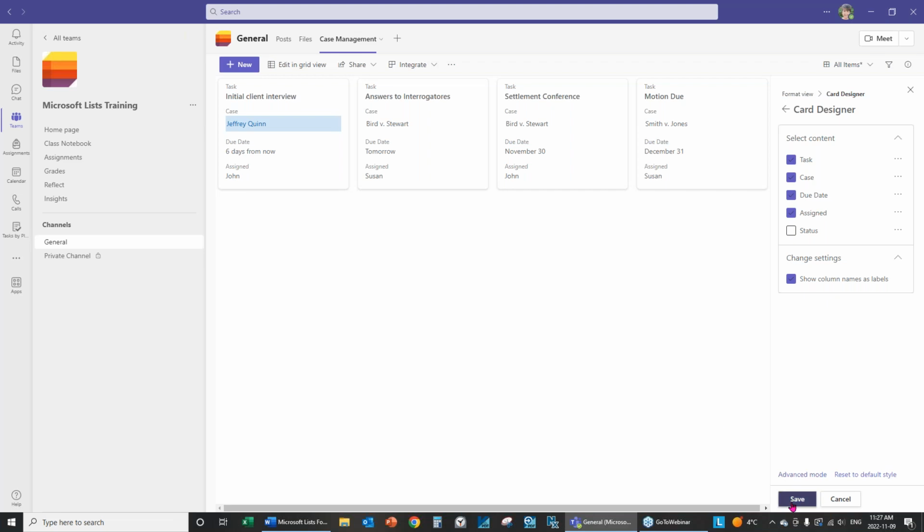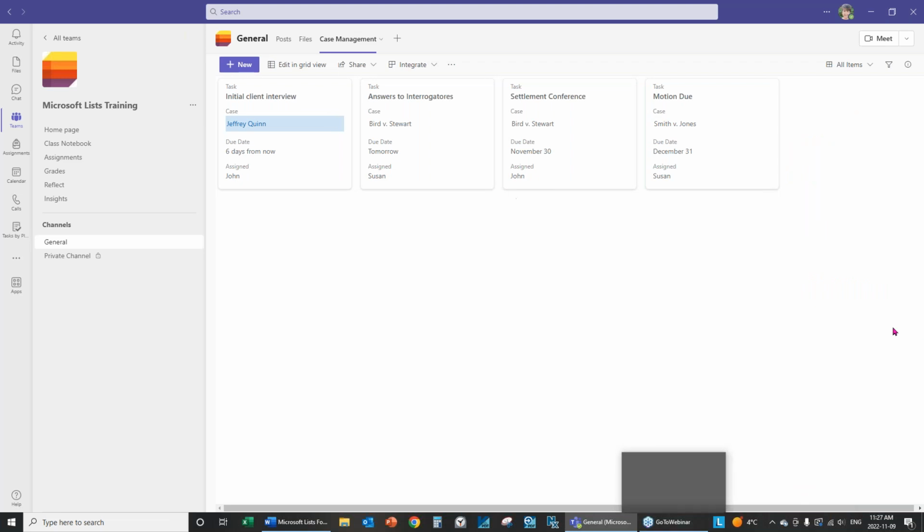Okay, and then I can just click save. And now my card displays. I save and close, and now my cards display as I've specified. Now, I didn't show you how we could modify the status field, so I just want to go back to the